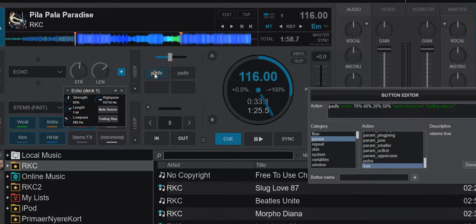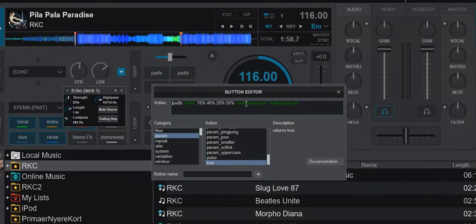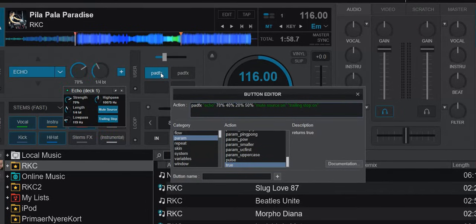And then I have this button that I've created, this custom button, which uses this padfx action that it's all about in this video, and it sets the echo, so this one, to 70%, 40%, 20%, 50%, so all these sliders, right? And then specifically for the couple of buttons, mute source on, trailing stop on, so it turns these on and off. And that of course works fine, so if I click that, you can see that's the setting,